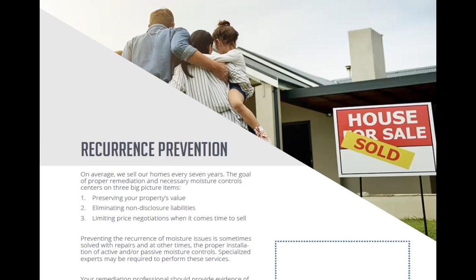So one of the things that we learned last year as we were working on the whole warranty program and inspections and things of that nature, is that if our customers were to pair moisture controls with their remediation services, we saw a doubling of their business. On average, many of our customers who participated in that test last year, 2018, were able to go from an average of about $3,500 per remediation job to about $7,000. I think it was actually about $7,200. So it's important here that you slow down and take time to educate your customer about preserving property values,